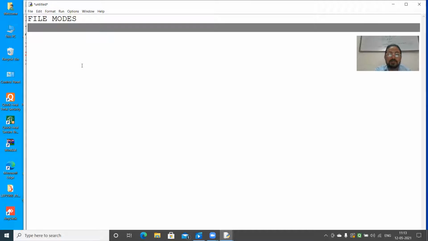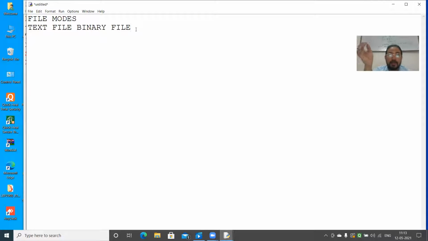So first, start with the book. This table is given, so you can go for this table: text file, binary file, and a description.